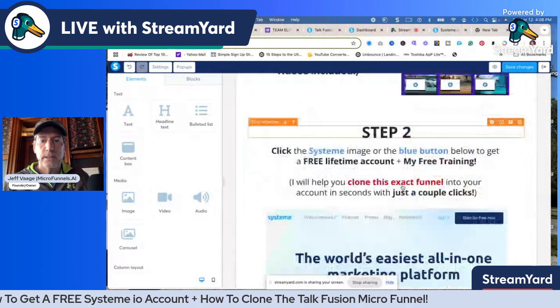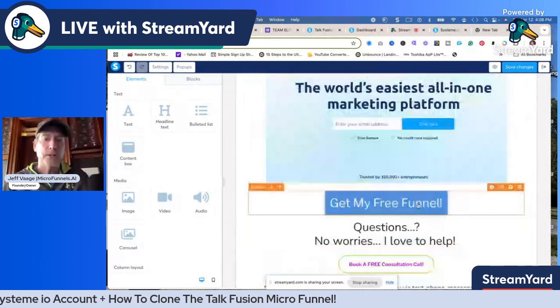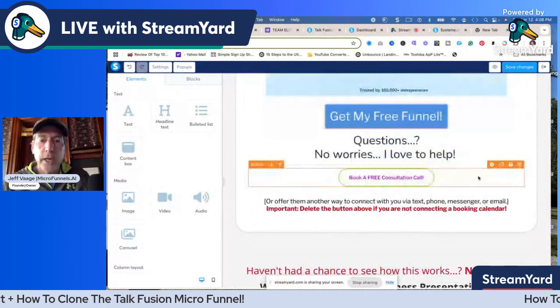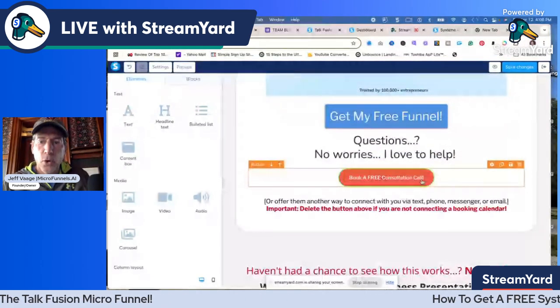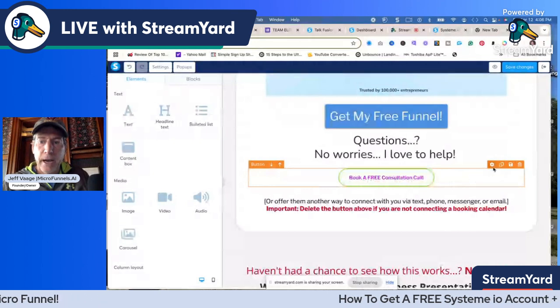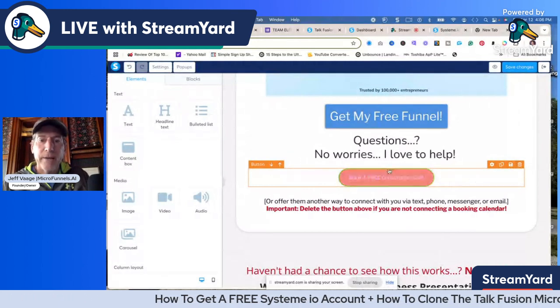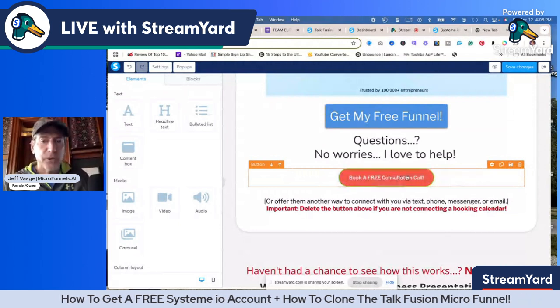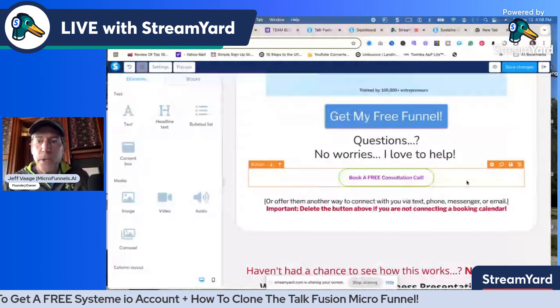They can still click this. This is all good. It's about right here, free consultation. So when you're going to edit, this orange block of options comes up. You can delete, see that little garbage can there? If you don't want to have a consultation button here, or you just want that button gone altogether, just click